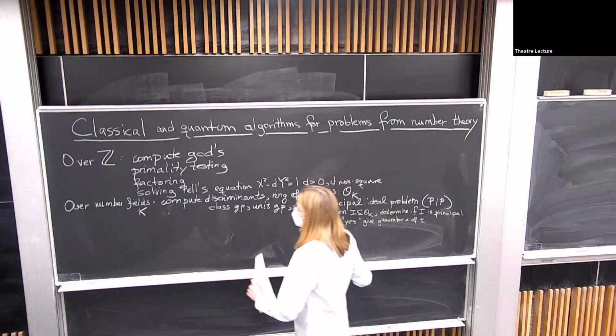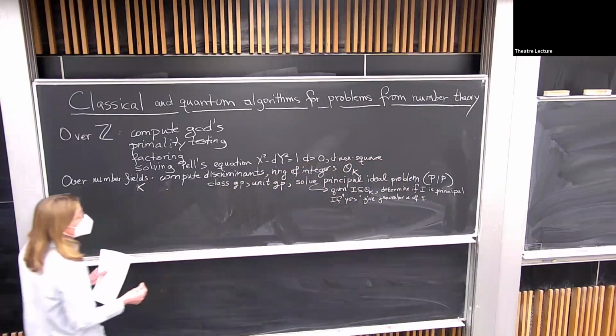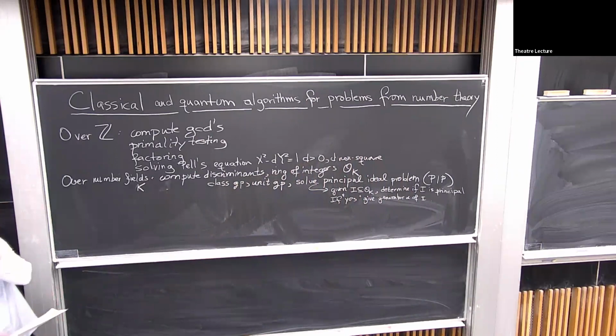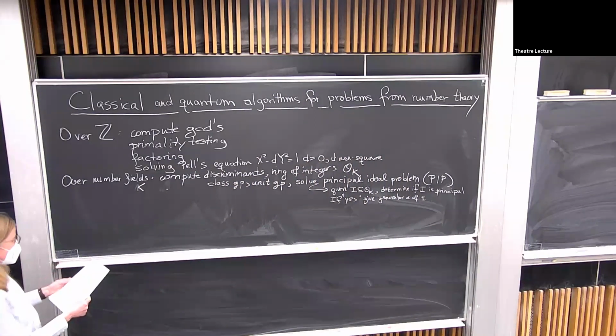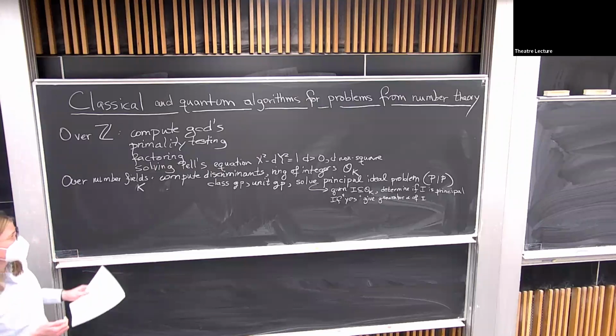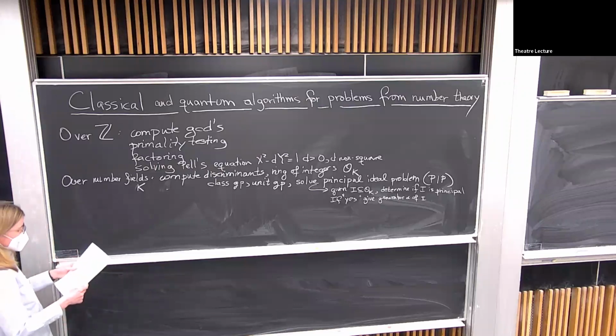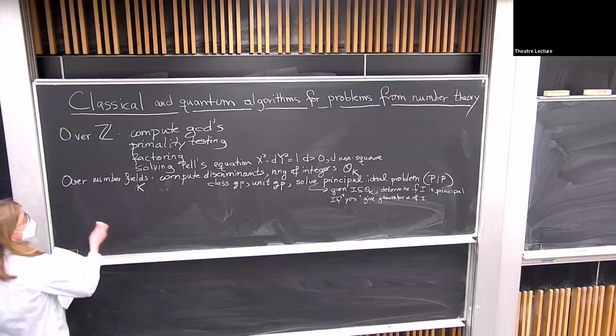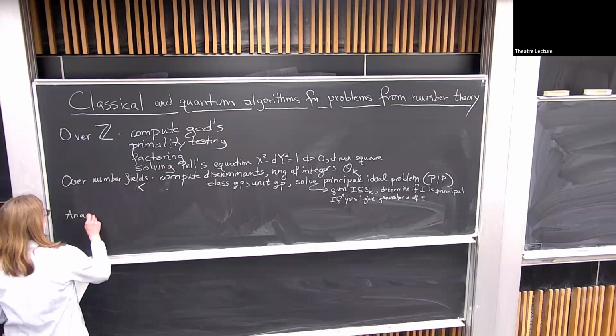So determining whether it's principal and then also giving a generator if the answer is yes is what I consider solving the principal ideal problem. And then, of course, we have the analogous problems